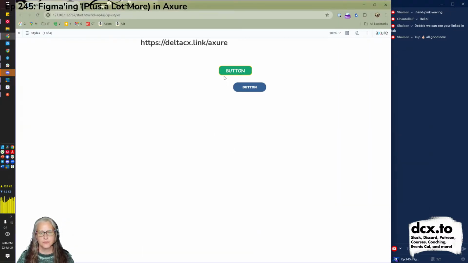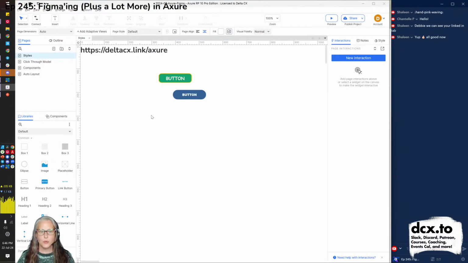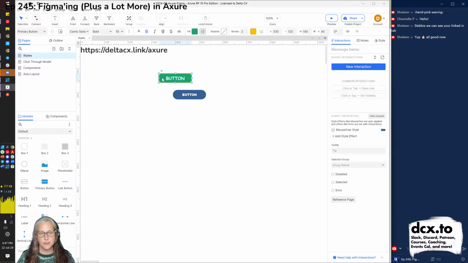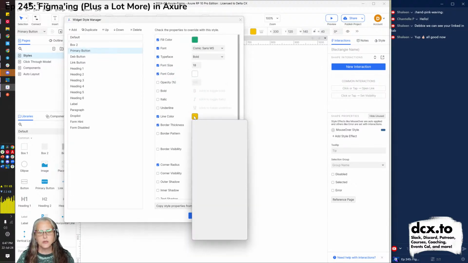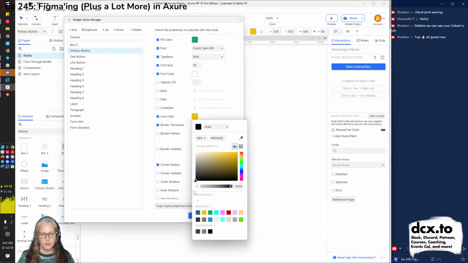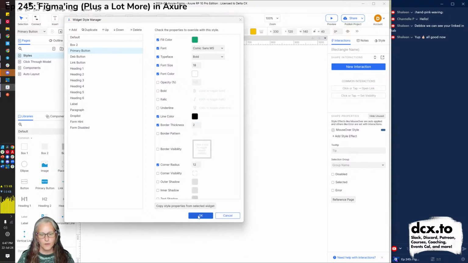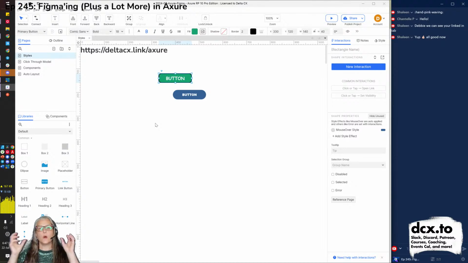Refresh. And now that hover state follows the style you were trying to create. It will always be consistent. And again, the nice thing about the global styles is that if you've dragged a whole bunch of buttons out, and then you need to change a button where someone says, hey, wait a minute, you made a green button with a yellow outline? That's terrible. Make a green button with a black outline. I can go, oh, okay, hold on. Black outline. Okay. And everywhere in your document, so again, not other documents, not up on a cloud as far as I know, but everywhere in your document, that button will now change.